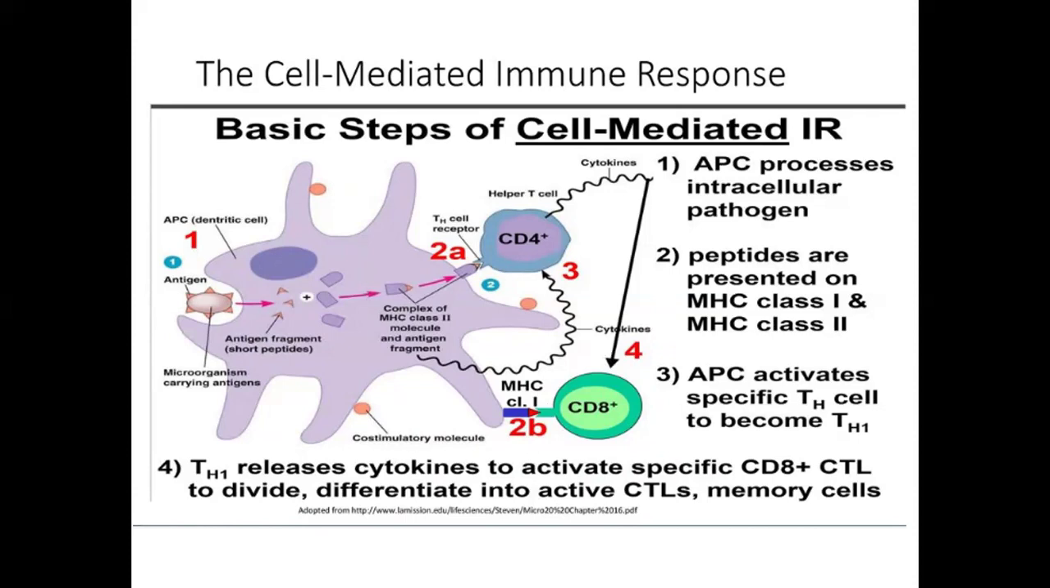CD8 is a T killer. So when an antigen presenting cell catches a new pathogen, it will destroy it and put its epitope on the MHC second receptor and will go to the T helper CD4 cell and show it to the T helper. The T helper recognizes the new pathogen with its TCR receptor